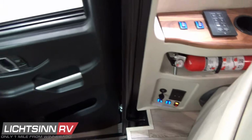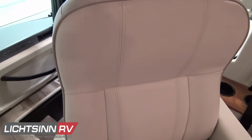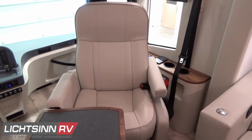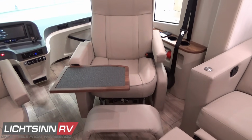Manual switches then are also included for the awning controls. And then on each side, we include MCD blackout roller shades for the driver and passenger windows for privacy in the evening. This is the passenger seat that includes